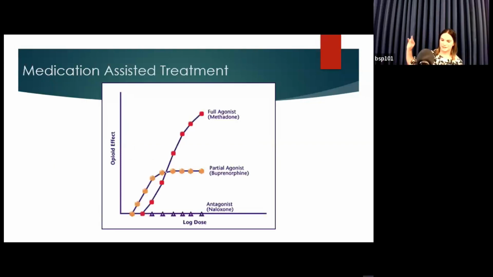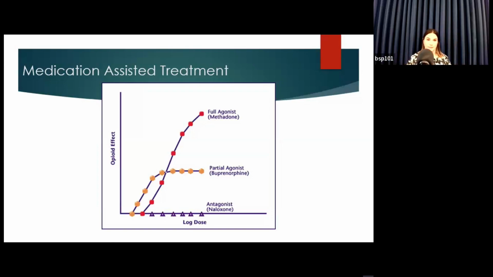So our two medications, methadone and buprenorphine. Methadone is a full agonist of the opiate receptors with a really long half-life. It binds the opiate receptors. It blocks other things from going onto the opiate receptors, like minus fentanyl. Fentanyl has really high affinity for the receptors, so it tends to mess with these medications a little more. But methadone binds pretty strongly to the receptors, saturates those receptors, so that if you do take another opiate on top of it, you really don't experience much euphoria or anything from it. And it also blocks withdrawal because it's activating the receptors.